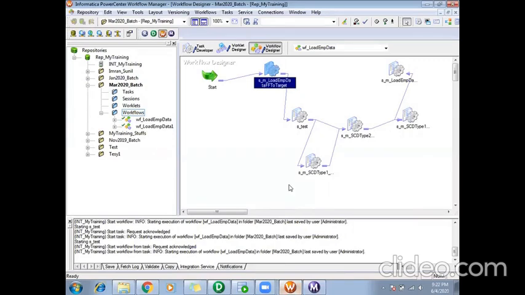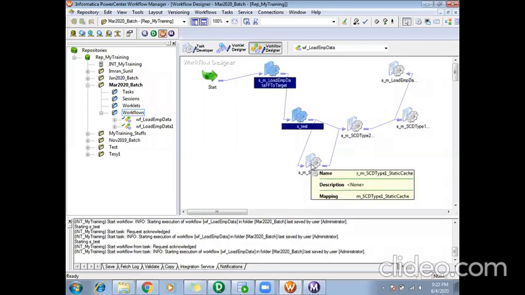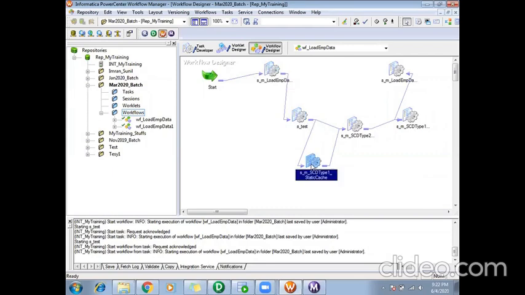So when we normally use these things, assume your workflow was running in production, and somewhere in the middle, the first two tasks completed. Then at this particular session your workflow failed due to some reason. So you have fixed it.